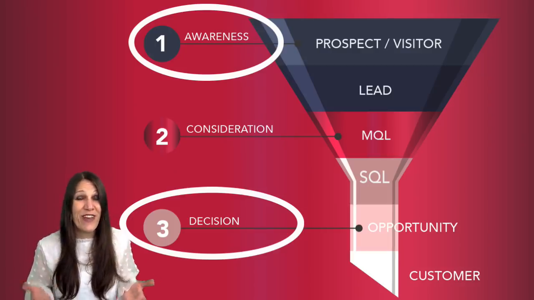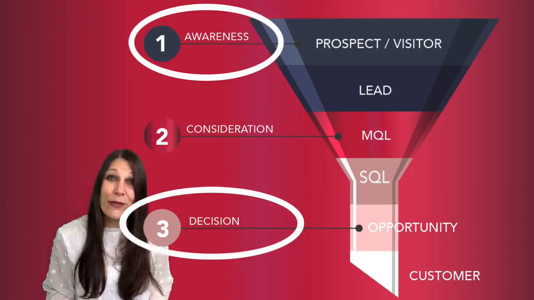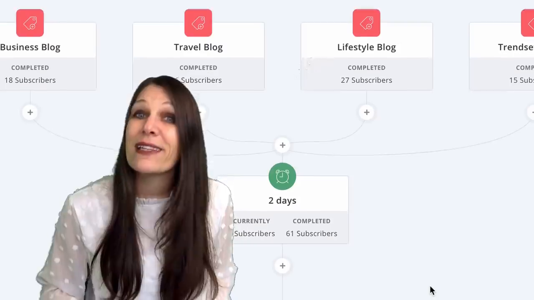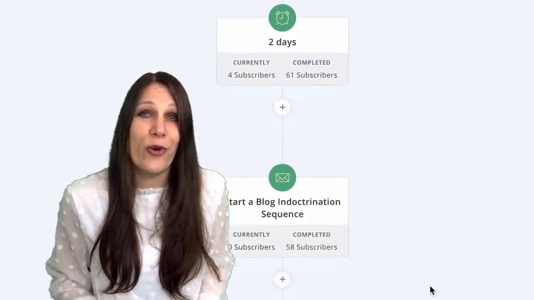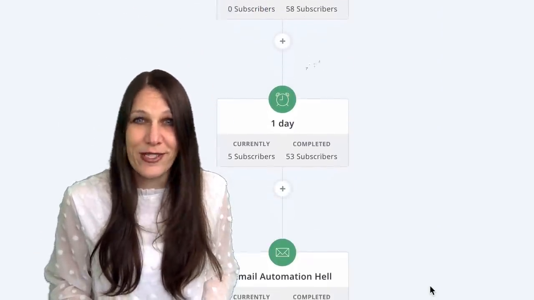A decision phase product needs to be marketed through email to people who are already subscribers of your email list because they already know who you are and they likely already trust you. So what can you do to fix this? What's the better option? The best option is to market a lead magnet and put some money behind it. That way, you can get a better return on investment. And then with a proper email nurturing sequence, you can then sell to those people who already know, like, and trust you.